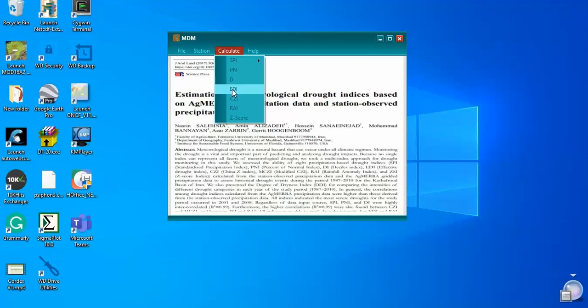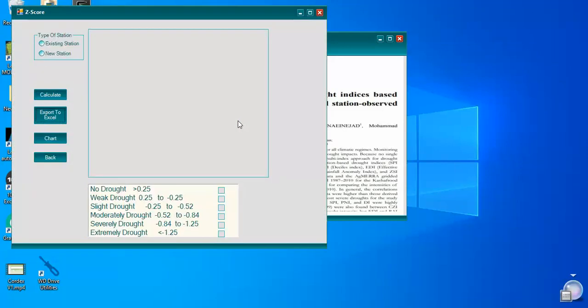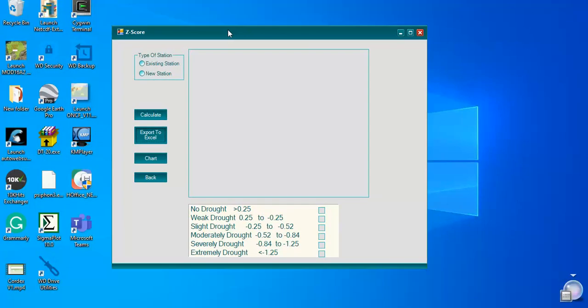So I suggest you, for better understanding and to get some information about these indices, review the background paper and know better about every characteristic of each station, each index. Okay, if I want to show you the rest of